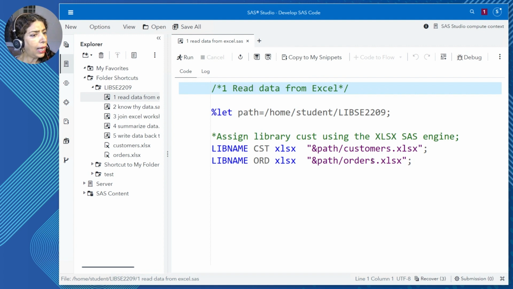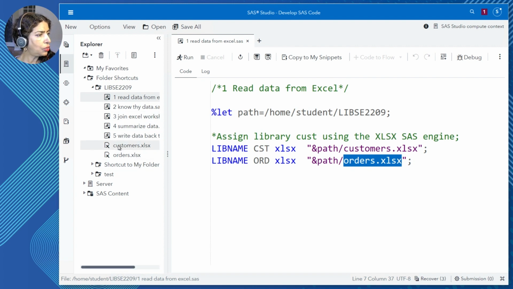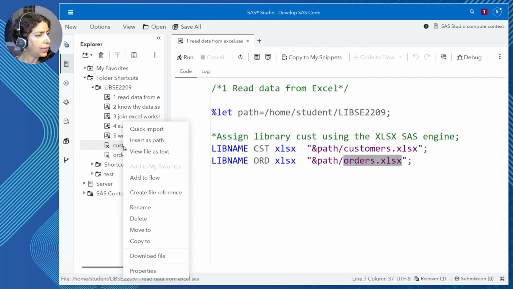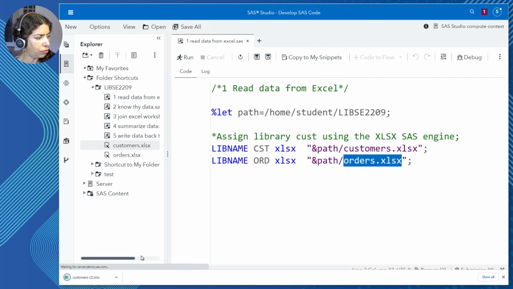Next, I want to look at the Excel workbooks that I'll be bringing into SAS to do some analytics. Customers.xlsx. I would like to take a look at that first. So I go to that location where I've already uploaded this Excel workbook, and I'll right click and download the file.